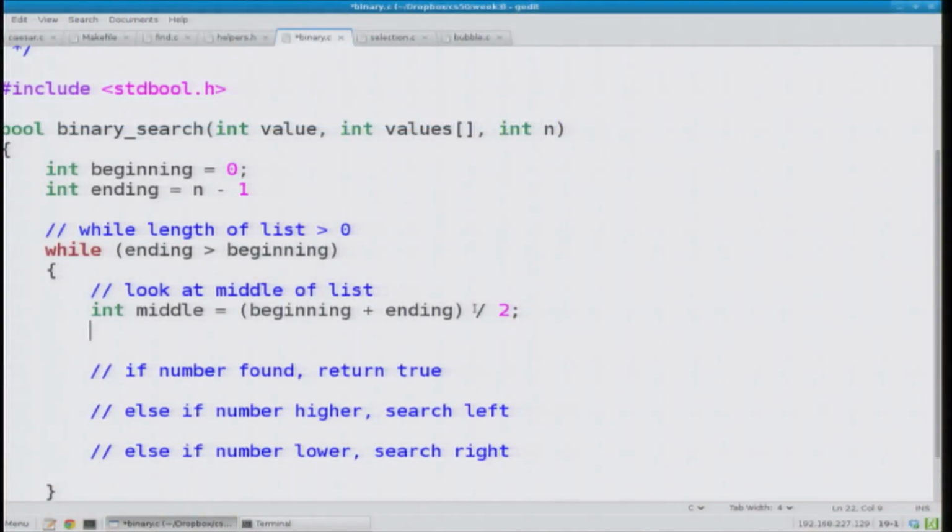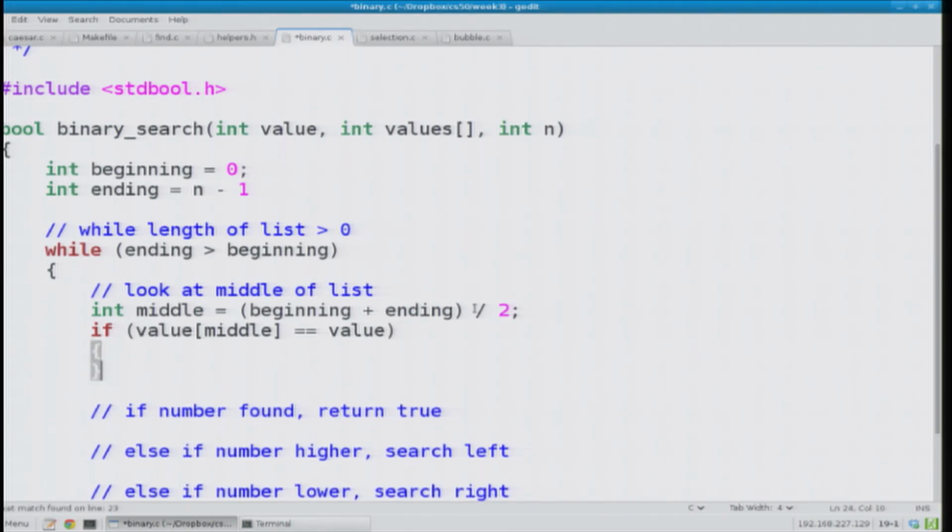And then once we go to the middle of the list, the next thing we need to do is check if our value is there for the pseudocode we wrote earlier. So how do we check if our value is at the middle of the list? Why don't you do this? If value square bracket middle is equal to... I'm not sure what the variable we're looking for is. Per the function declaration, we're looking for value. Yeah. So we're searching for value in an array of values. So you're exactly right. You will do if open paren value bracket middle close bracket equals value, and inside there,